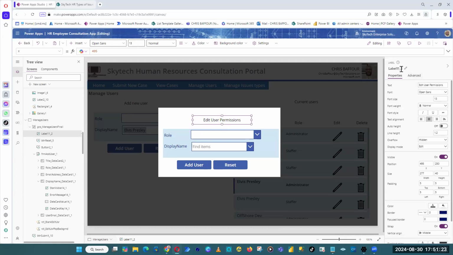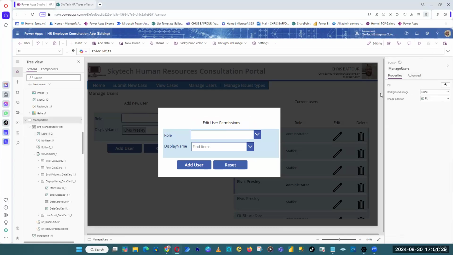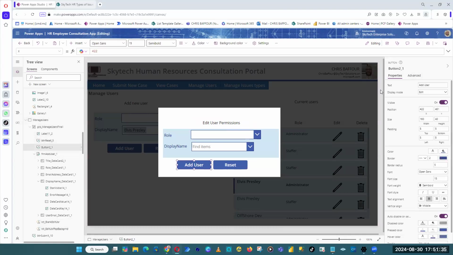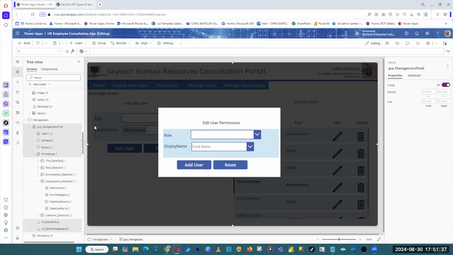And again, I don't like naming labels because there's 1,000 of them, and sometimes they need names, sometimes they don't. All right, cool. Let's set the visibility of that group, GRP manage users finale,